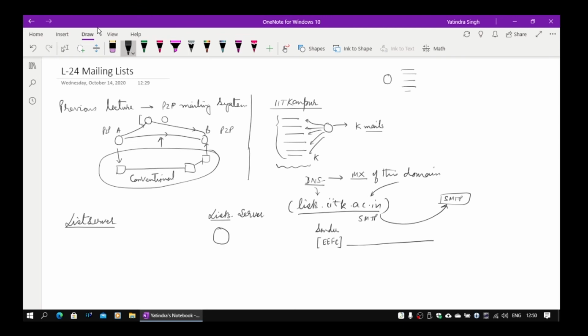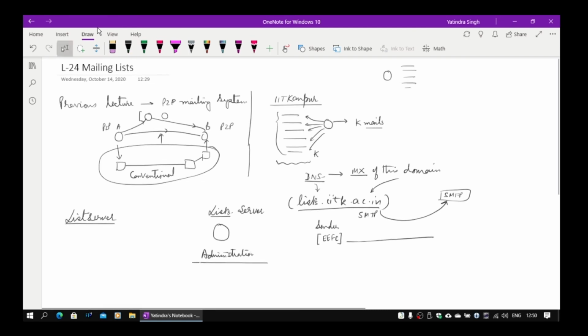So this will use that as the sender, but we can look into the header and see that it originated from this particular mailing list server. Now for administration, there is only one place where the whole list is maintained. We'll maintain a data structure here. We have to remember that we are also going to do the same thing.